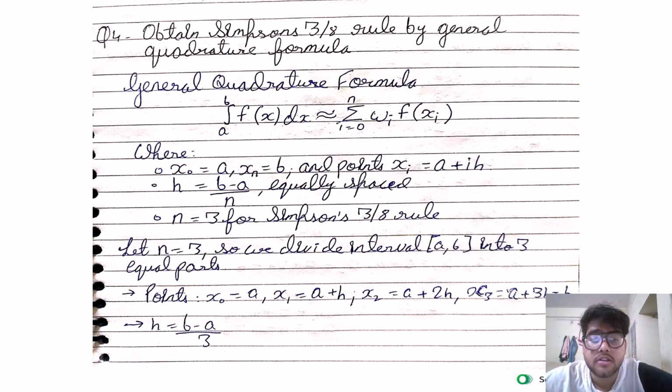So in Simpson's 3 by 8 rule, n is equal to 3,